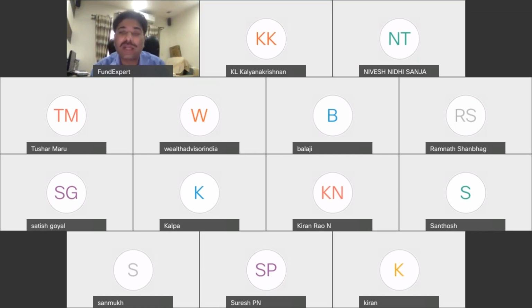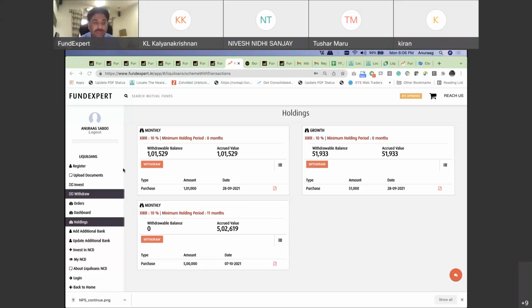I can't share any other existing investor's account, but within our family I can always share my own personal investments. So let me just share my system. Then I will show you how things benefit you from your admin panel, how these are all linked, and how you can take advantage of that. And also cover what kind of incentives you get.